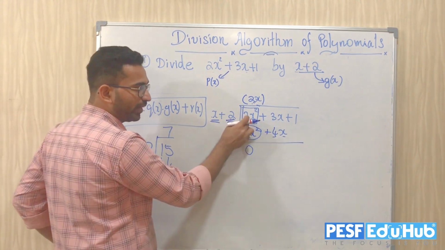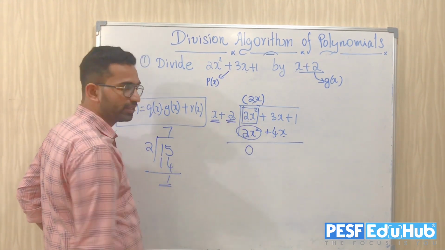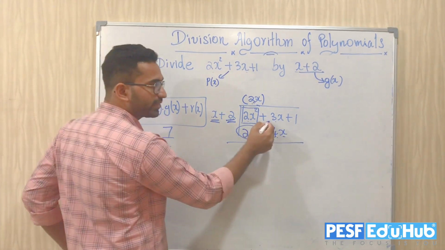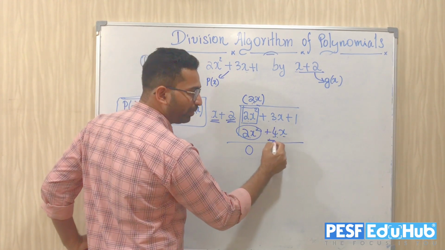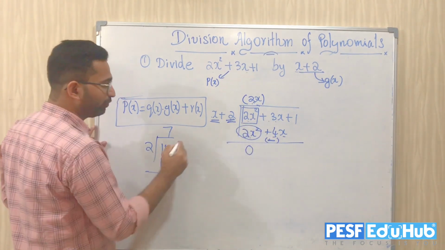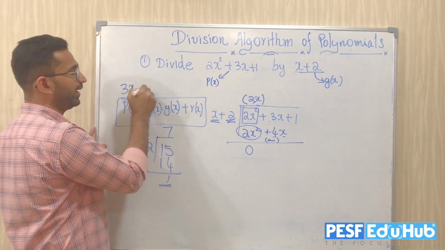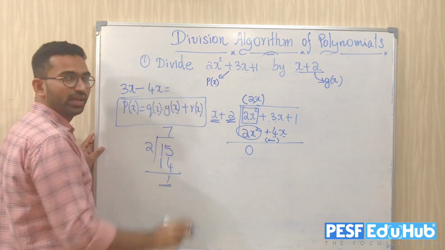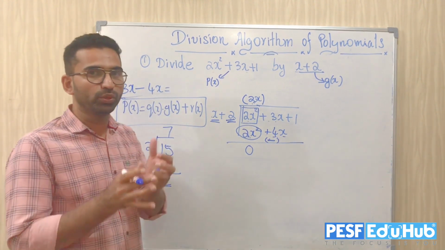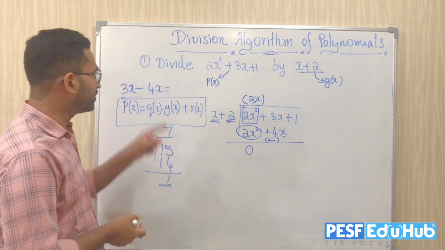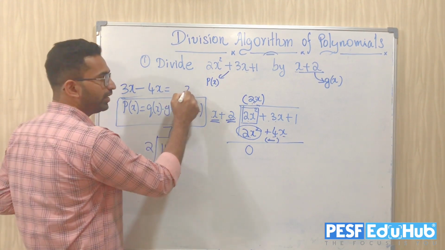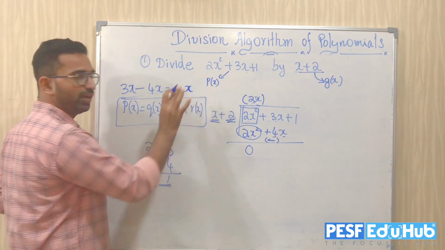So I know when we subtract 2x square and 2x square, that is disappeared, 0. So I have to subtract 3x and 4x. 3x minus 4x, this will become a minus operation. You are subtracting, right? So 3x minus 4x, how much it is? As I told you before, these are like terms. Like terms only you can combine, or you can subtract, or you can add. So when we subtract 3x and 4x, as I told you before, in the answer you will get the same variable as it is.